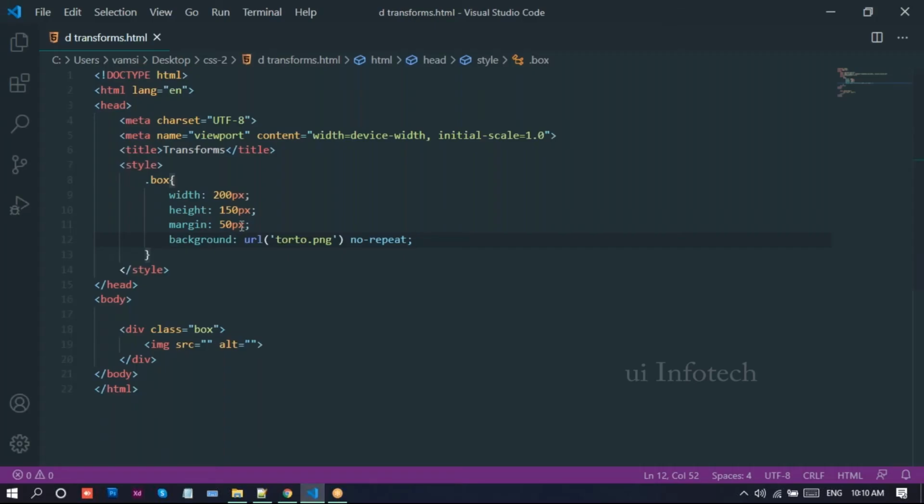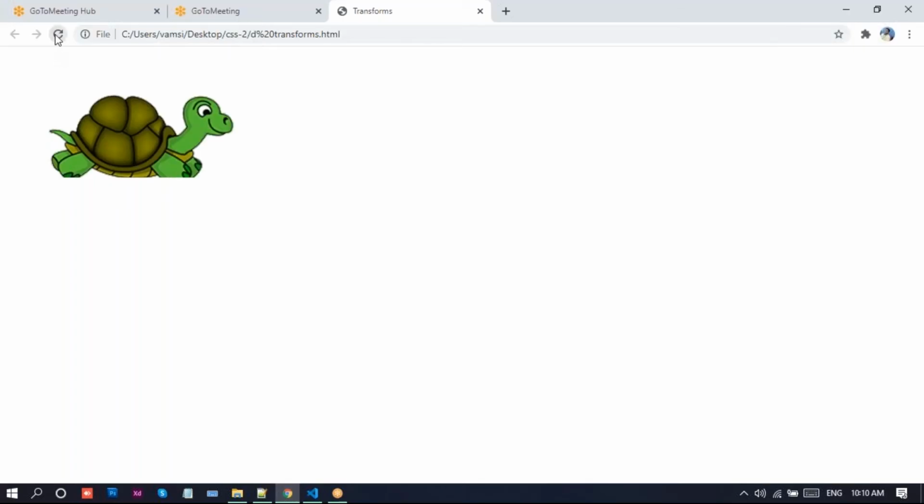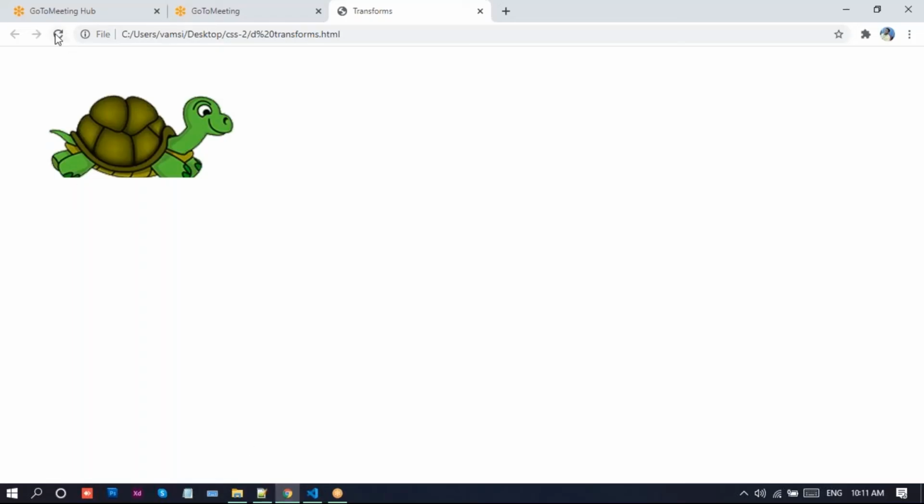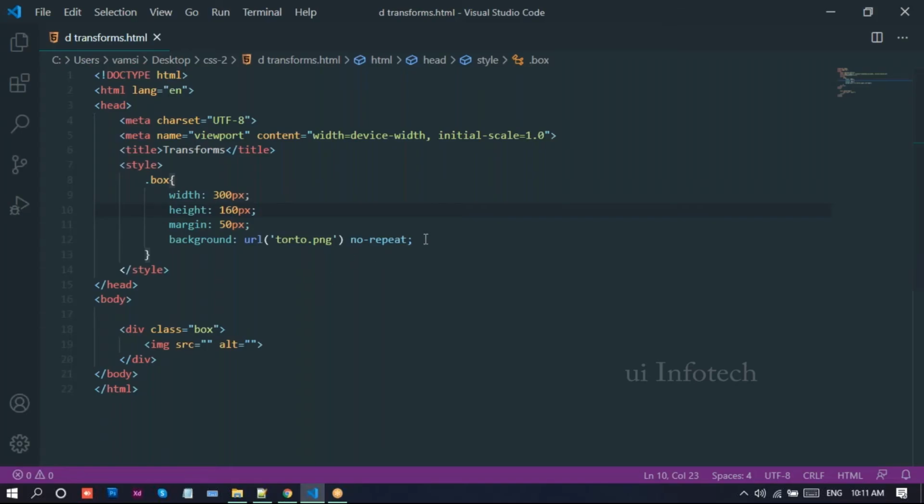Let me run this on the browser: right click, open in default browser. It replaces this tortoise there. Let me increase the width, I'll provide 300, and reload the page. Then I increase the height also and run it on the browser.